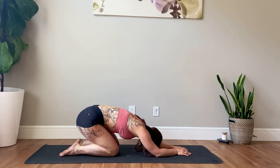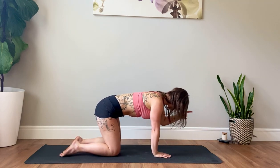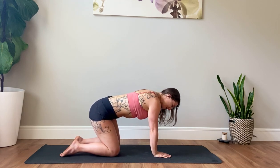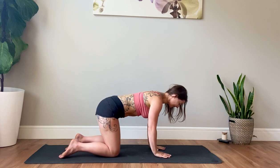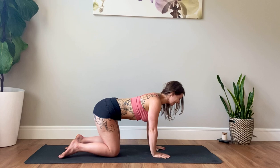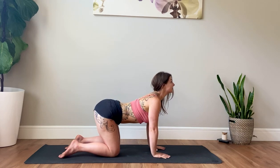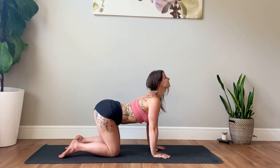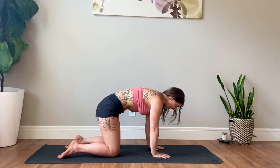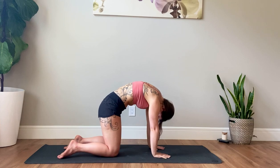Slowly coming up into a tabletop position. Hands underneath the shoulders and knees underneath the hips. Fingertips spread wide, coming into some cat-cow curls. Inhale into cow belly as you extend the spine, lift the sits bones, lift the gaze. Exhale, angry kitty, pressing out the air, pressing through the fingertips, flexing through the spine, looking at your belly button,